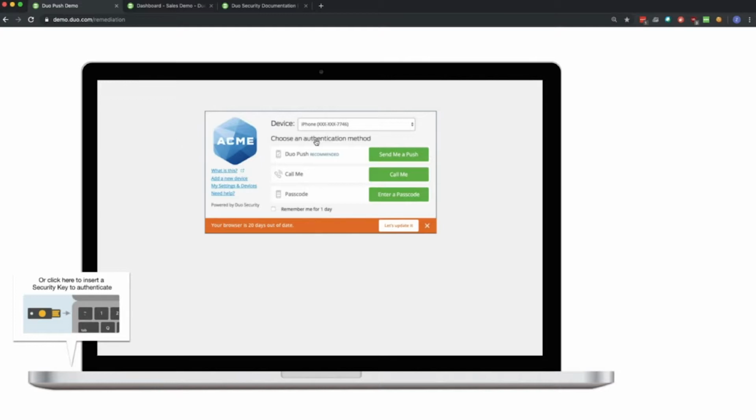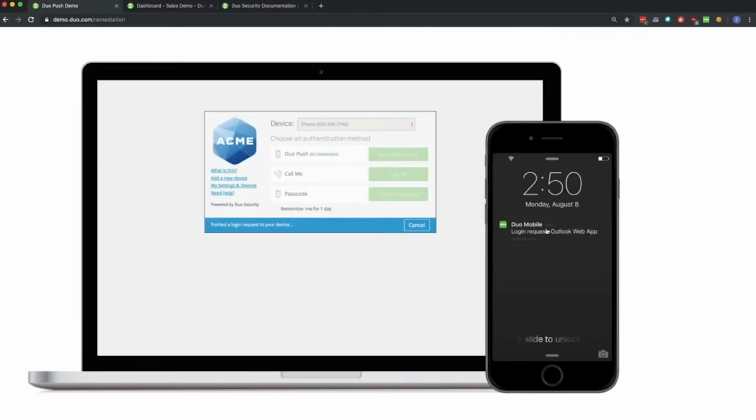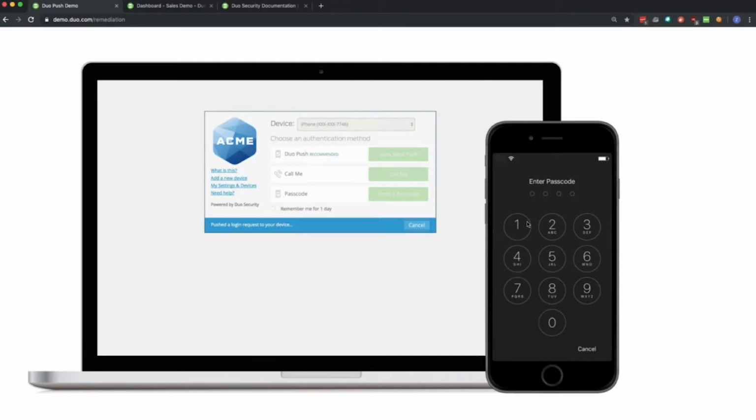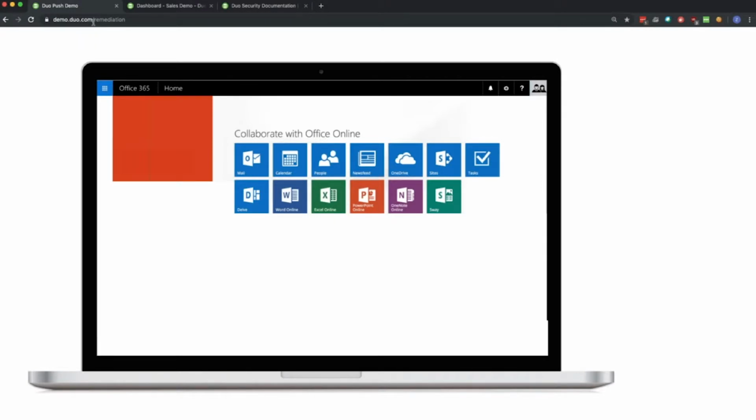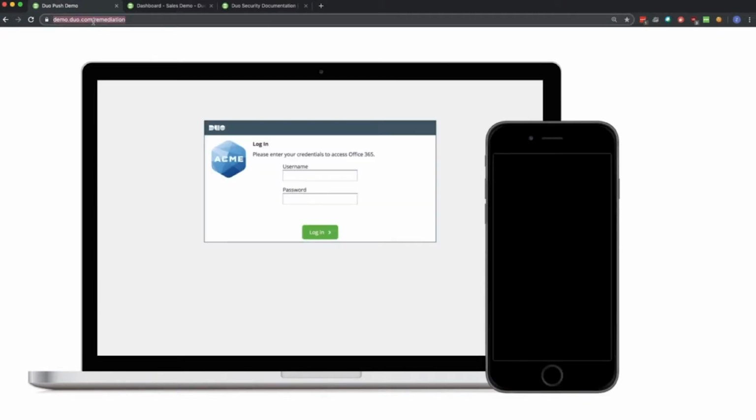So here you see that I'm going to log in again, and it shows me a little orange banner that says my browser is out of date. Now this orange banner means that I'm receiving just a warning. It is allowing me to go through and complete that authentication attempt. But before it actually goes through and logs me directly into that system, it is going, again, to let me know that my browser is out of date. The policy is that we use the most recent version. And then there's a link here directly to Mozilla's site that's going to tell me about how I go through doing an update.